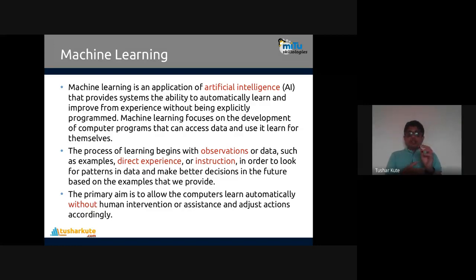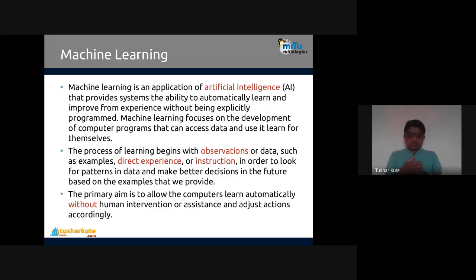Machine means computer. Learning. So it's not training, it's learning. They are learning the things. They learn from original experience, and they get trained with that data, and after that they will use this information to perform further operations.